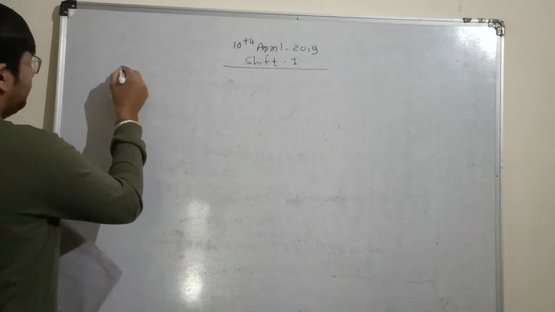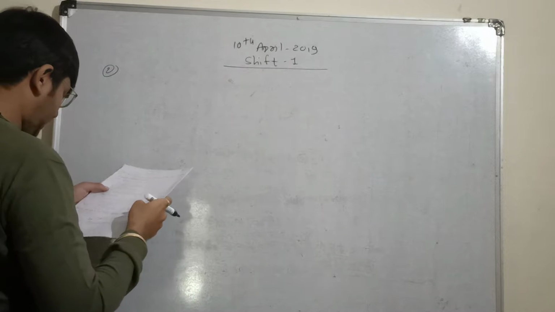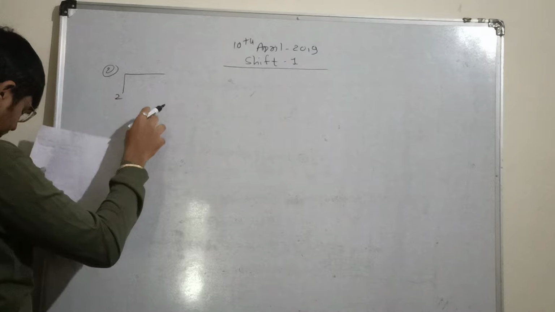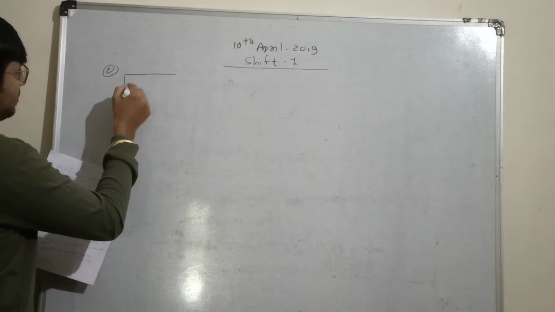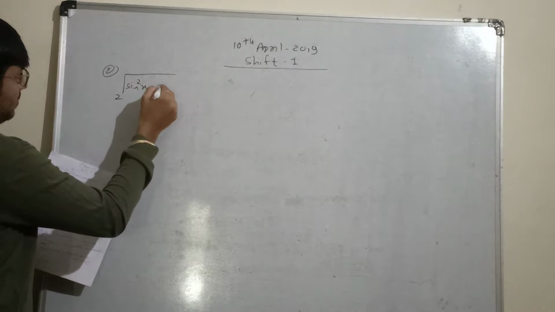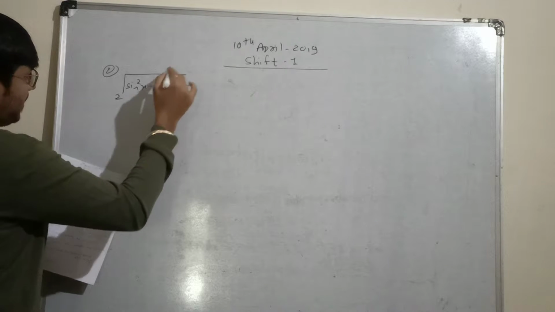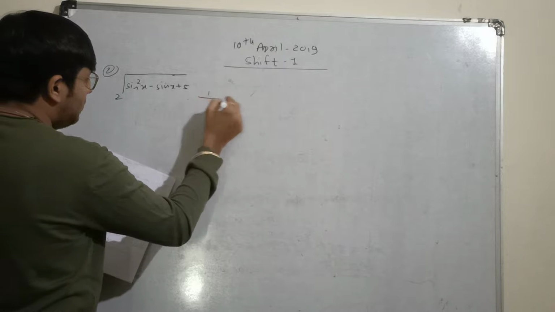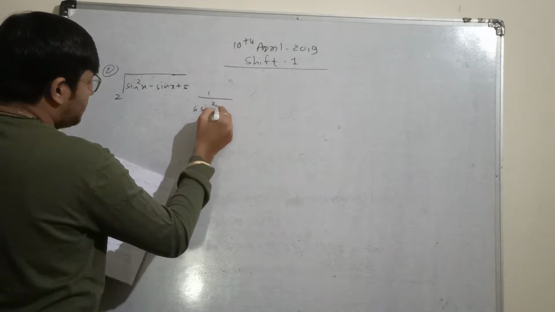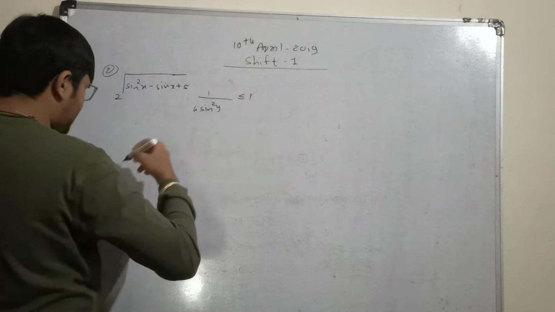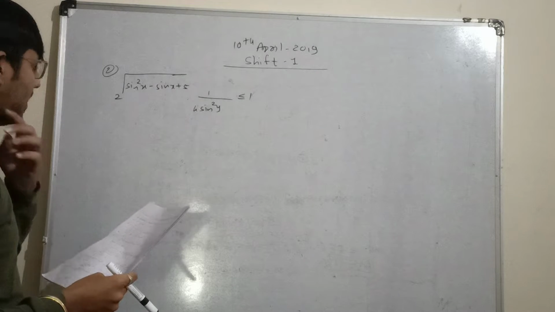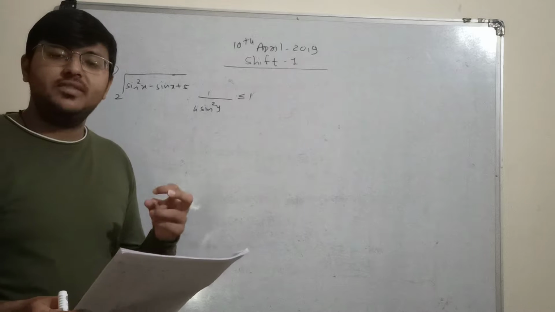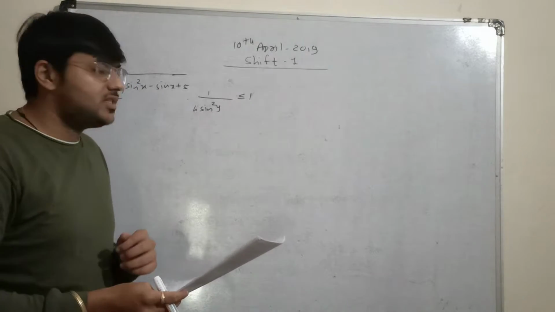नेक्स्ट क्वेश्चन में एक इक्वेशन दिया हुआ है हमें 2 to the power sin square x minus sin x plus 5 dot 1 by 4 sin square y less than or equals to 1, ये दिया हुआ है। तो हमें चेक करना है कि x और y की ऐसी कौन सी वैल्यूज है जो ये कंडीशन को जस्टिफाई करती है, और